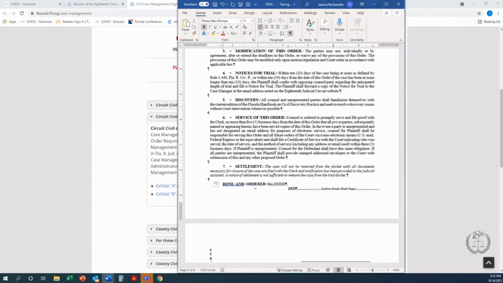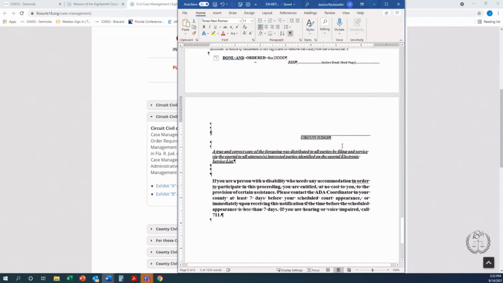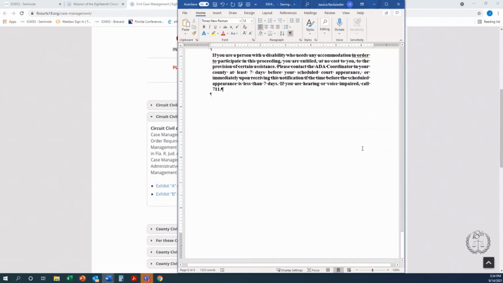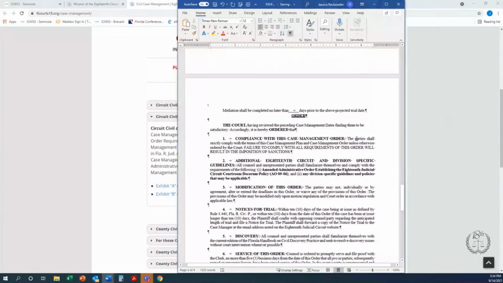All right. So those are required to be changed on all case management orders in order to make sure that it will electronically populate. Brevard County does not require those initials for their ICMS system. They sign things differently. So that is why the order as a generic order indicates the date and the circuit judge signature block in that space. But remember, again, this is a circuit-wide order. So that is how you would prepare the case management order and the case management plan.